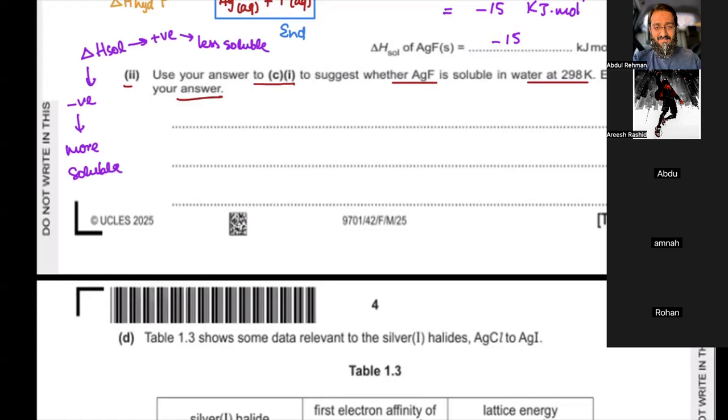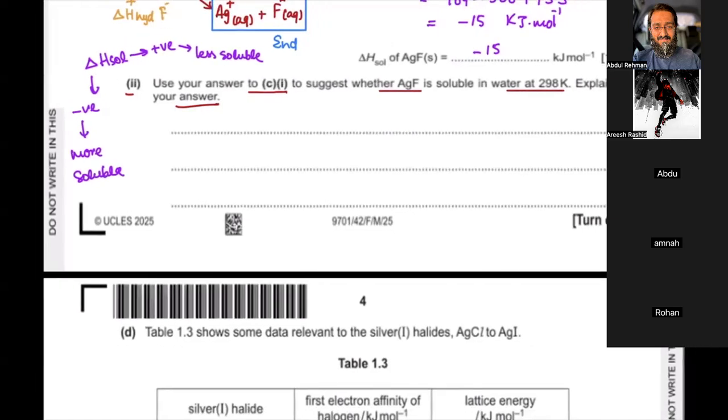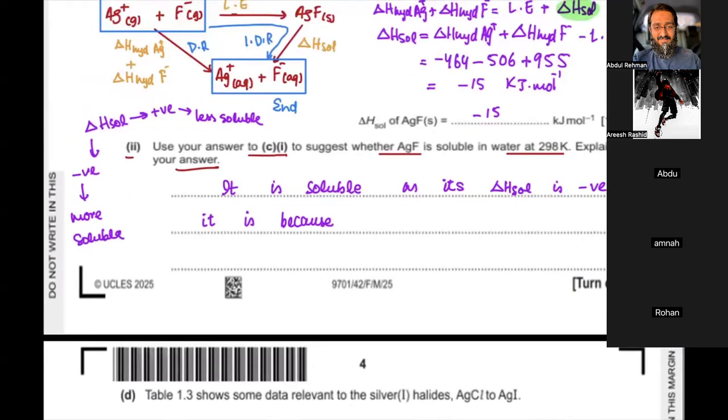So we are going to write that it is soluble as its enthalpy change of solution is negative. And further, you can write, because you can take this expression,